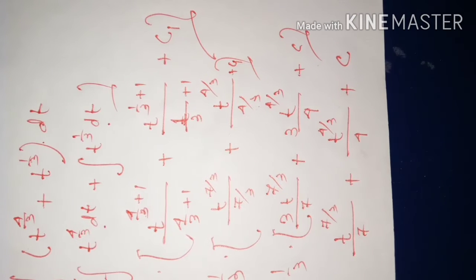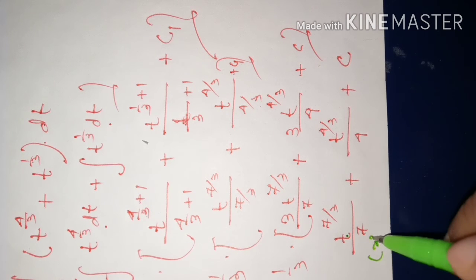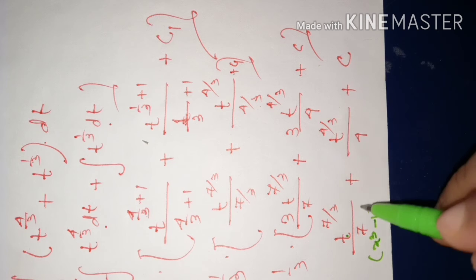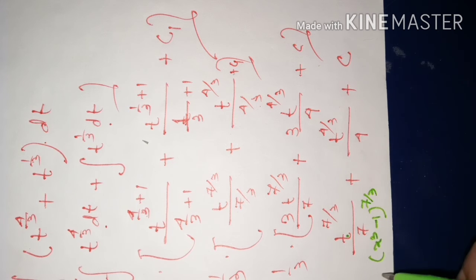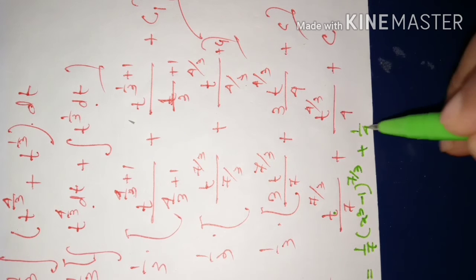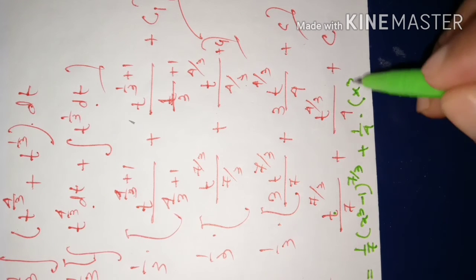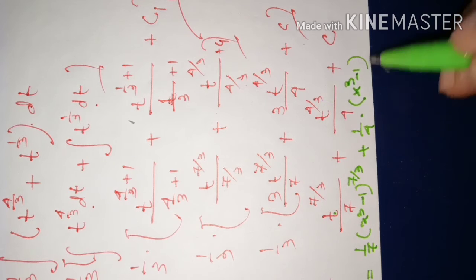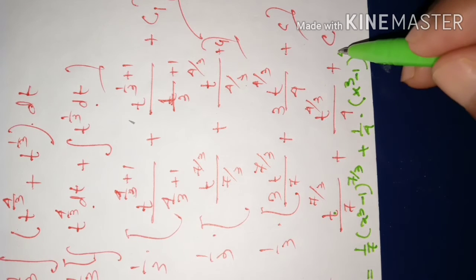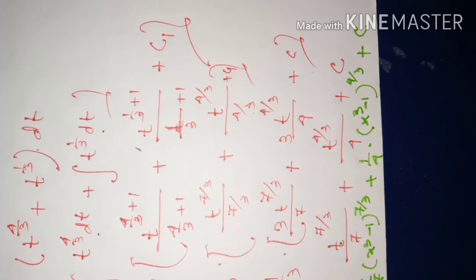So now you substitute that part here. So your final thing will be like this, that for this you will have to write x cube minus 1 whole to the power of 7 by 3. And by the side you can write 1 by 7 as a coefficient. Plus here you write 1 by 4 into, t stands for what? x cube minus 1 whole to the power of 4 by 3 plus this constant c. So this is our final answer.